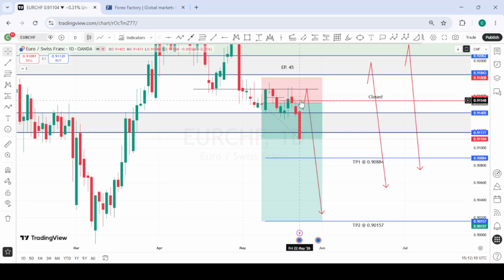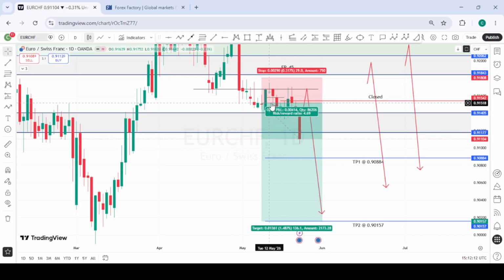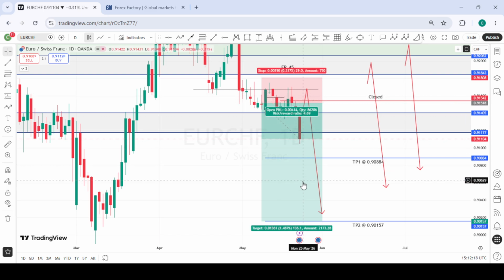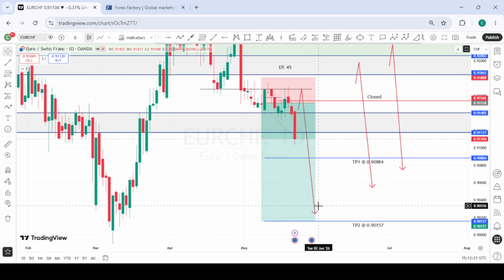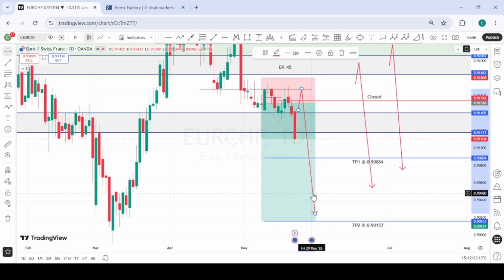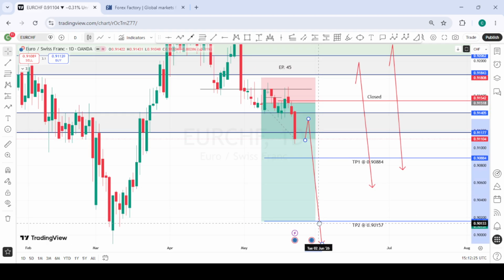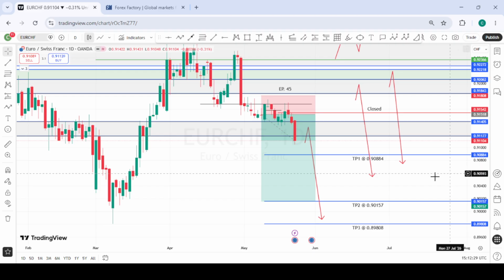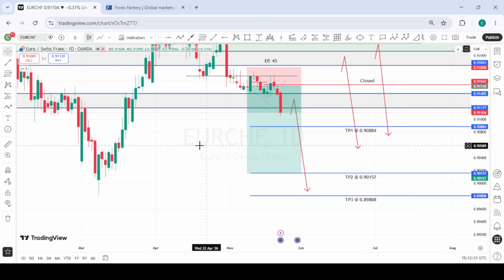So we missed out on this big move, or we were holding on to this sell from here. Price pulled back, and we closed out of here, and now the price kept dipping. So going into next week, if we are fortunate to get another pullback into this area of interest, we can likely take some sells from here to the downside, targeting the various targets we have on the downside for EURCAD.